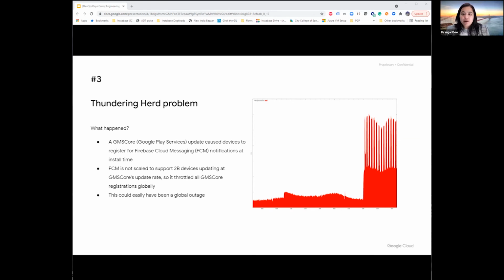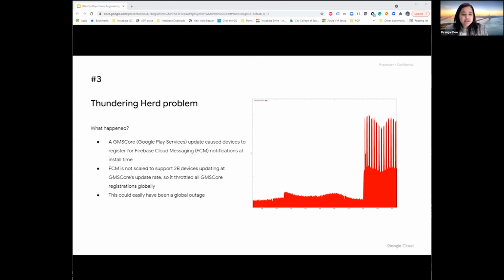So the first plateau went back to normal, but the second spike and plateau that looks like the teeth of a comb on the right half of the graph represent the app repeatedly exhausting its quota and then trying again. Now, the root cause was identified as the rollout of a new version of Google Play services, and the new version kept making FCM registration calls. The right side of the graph, like the teeth of the comb, were from the app repeatedly exhausting its quota and then being repeatedly topped off.